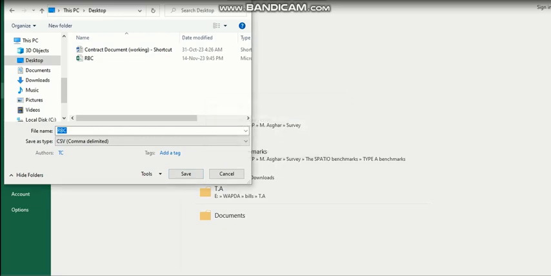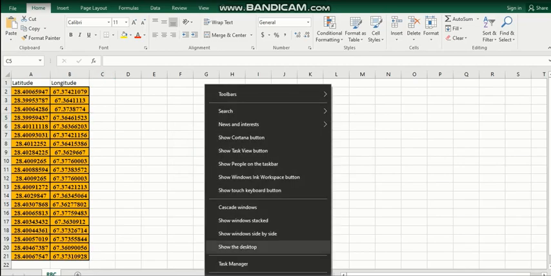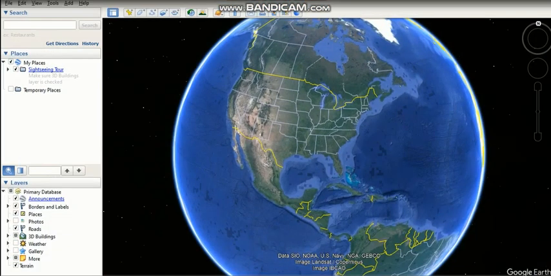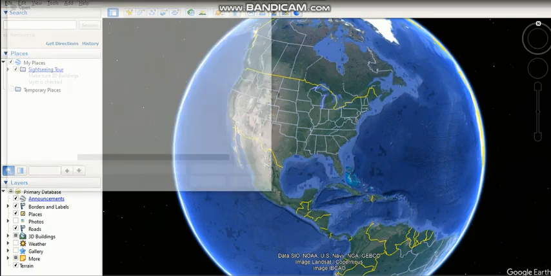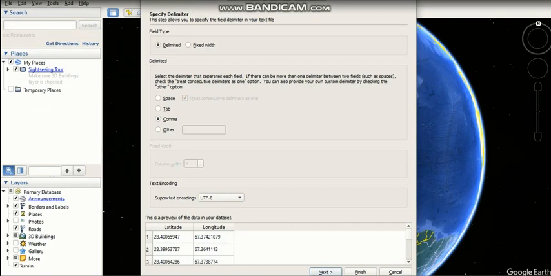Now the file is already there, so overwrite it. I have saved this file on desktop, and this file is located here. Now open Google Earth Pro and import this CSV file with the name RBC. Here you have to observe some points. First of all, it is by default delimited. Here it is